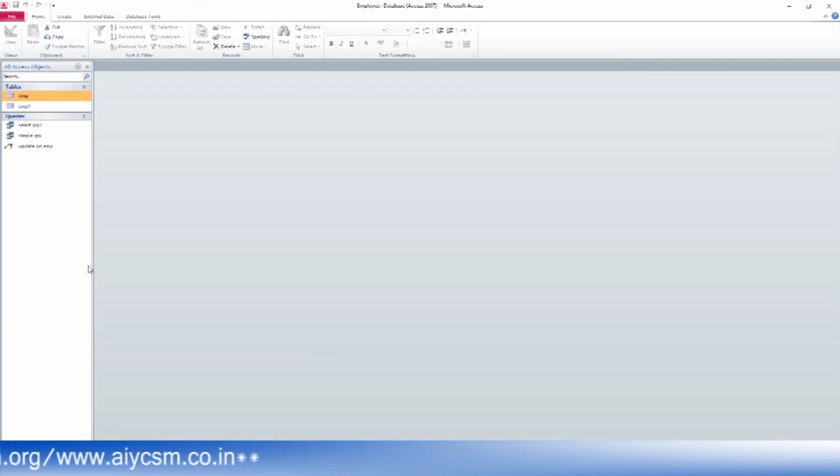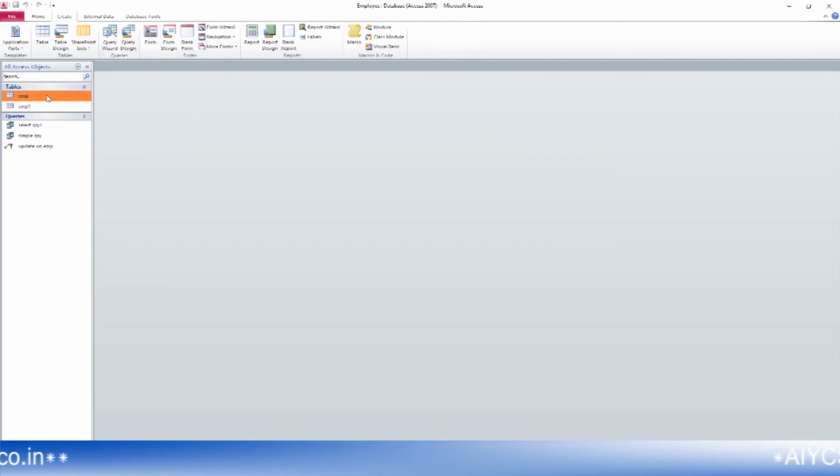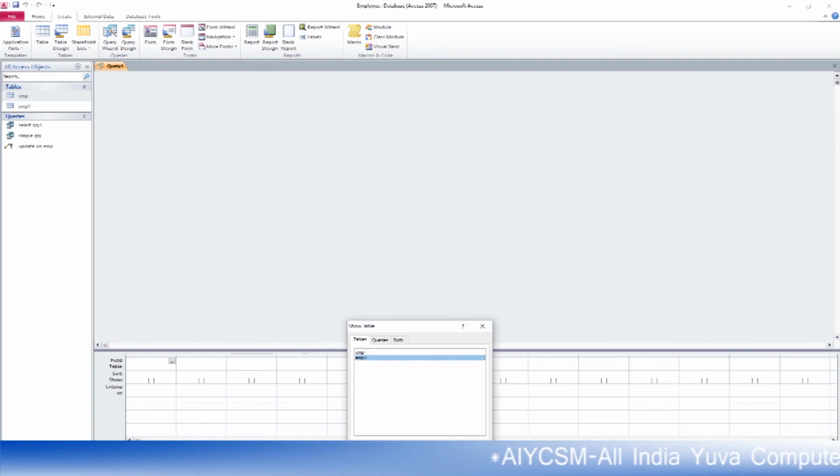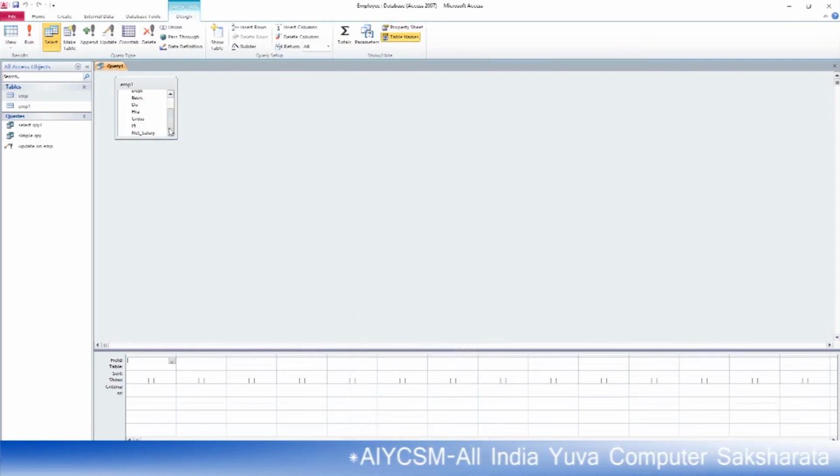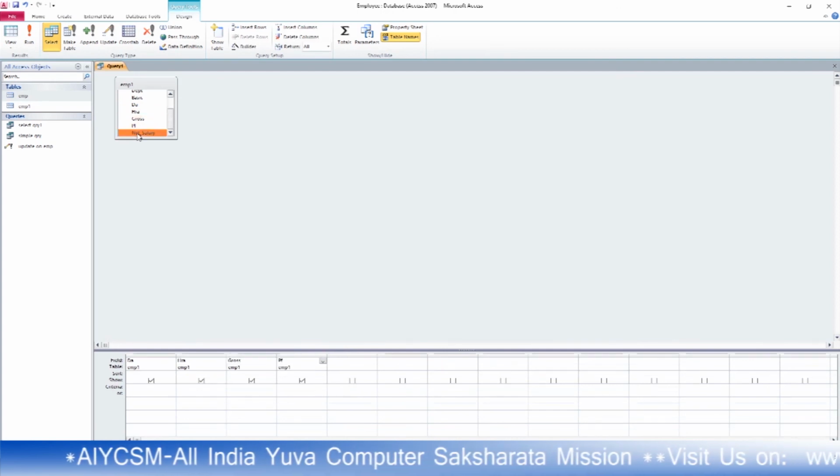Now, in the same manner, if I want to update the EMP1 table, go to design, add this table and add all the values from there. Click on update.